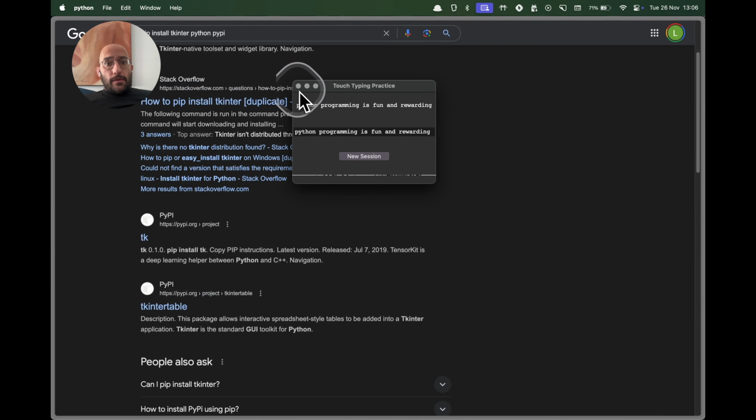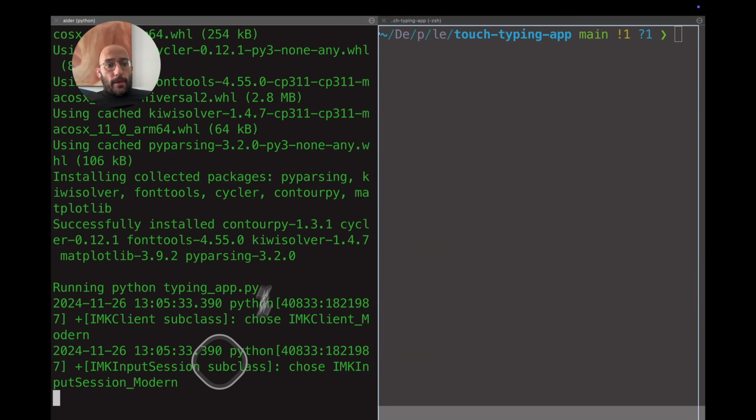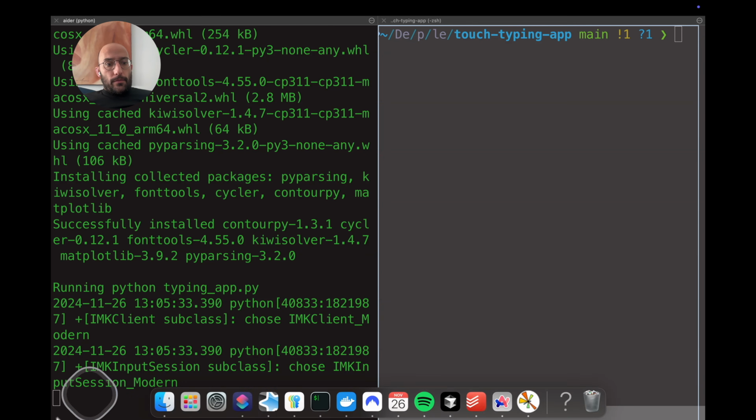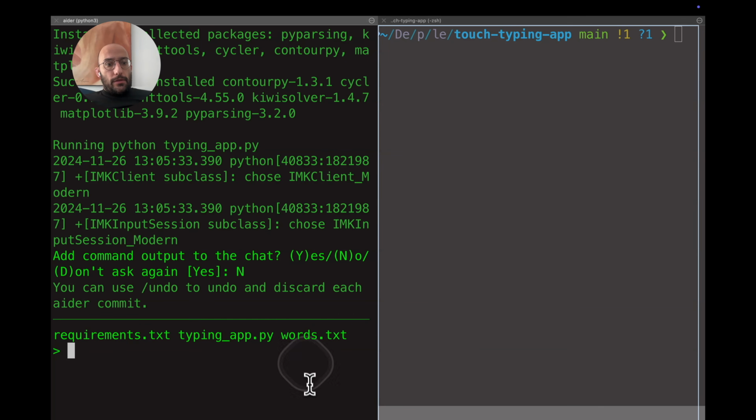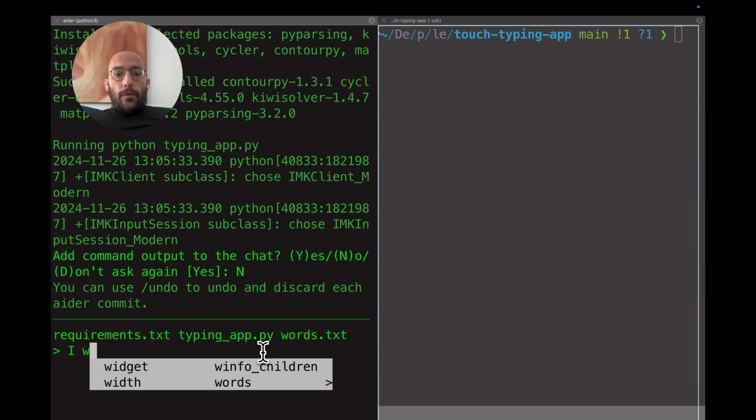So let's just make some adjustments, okay? We're going to go back here. All right, I'm going to go back to where we are, and let me just get out of here. Add command output to the chat? No, it's fine, we don't need to. And now we're going to request some changes. So I want